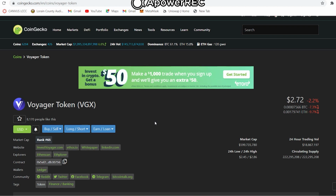This is more speculation as well, but maybe even adding that IRA program so you can hold cryptocurrency inside your retirement accounts. And of course, Voyager token holders will likely have lower to no monthly fees, as if you look at all the IRAs for cryptocurrency currently, all the fees come out to $30 plus a month just to keep that IRA running. Voyager does have a very strong team